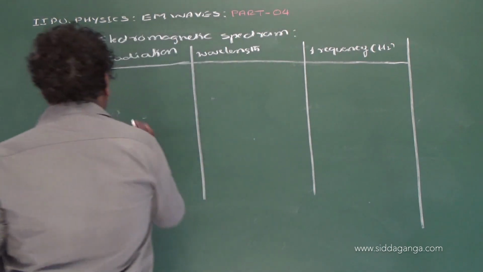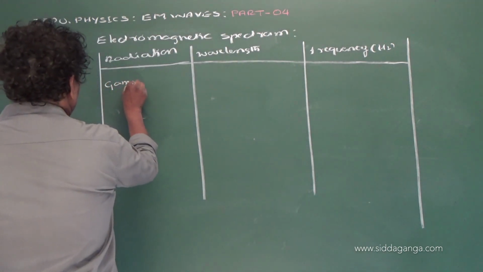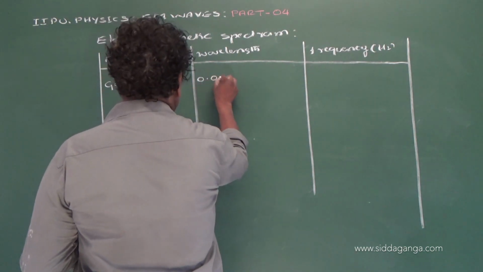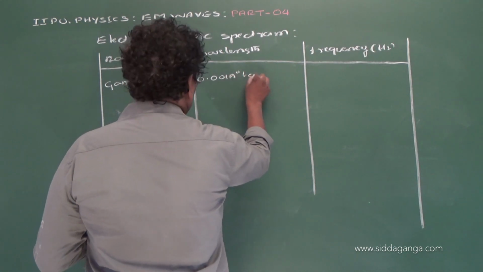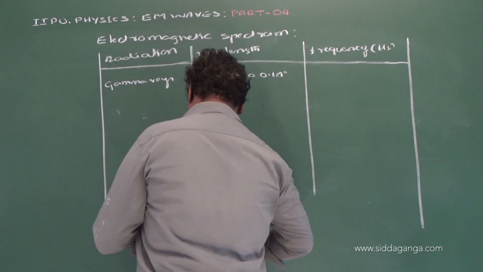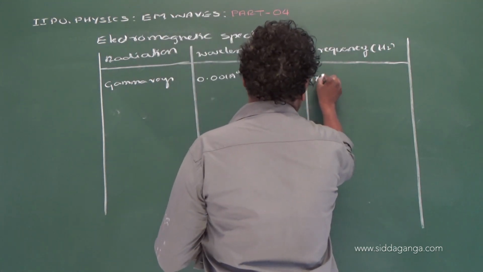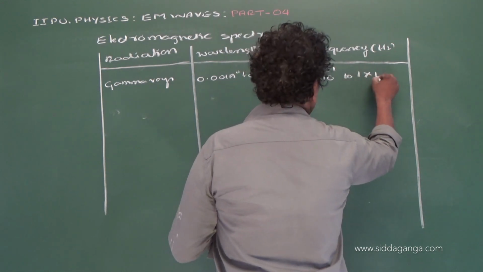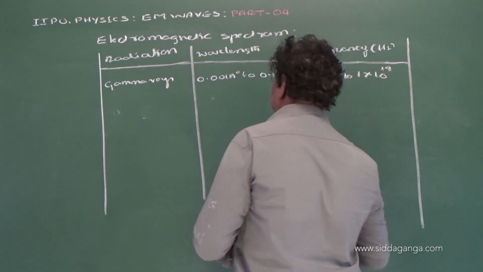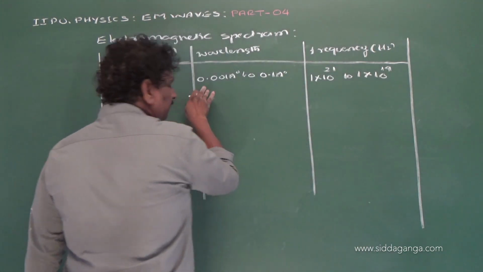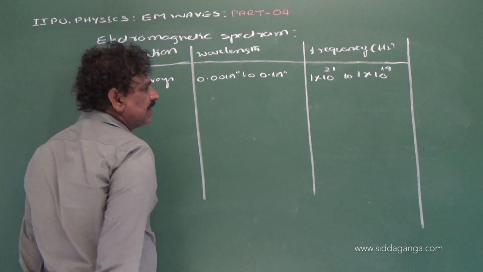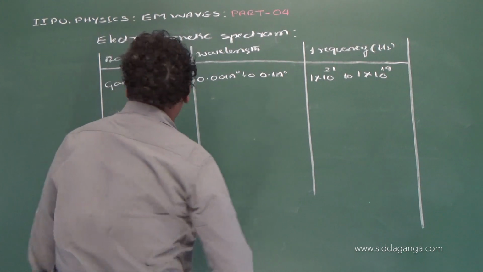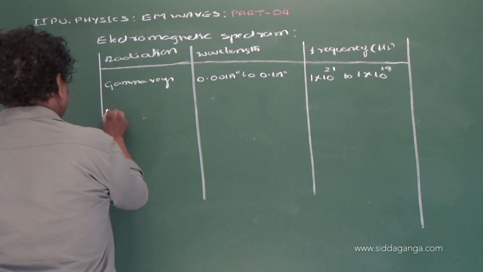Now the first one is gamma rays. They have a wavelength range from 0.001 angstrom to 0.1 angstrom, and the frequency range 1 into 10 power 21 to 1 into 10 raised to the power of 19 hertz, right. So the lowest frequency is 0.01 angstrom and the highest frequency is, right, 10 power 21. Now the second one, right, X-rays,